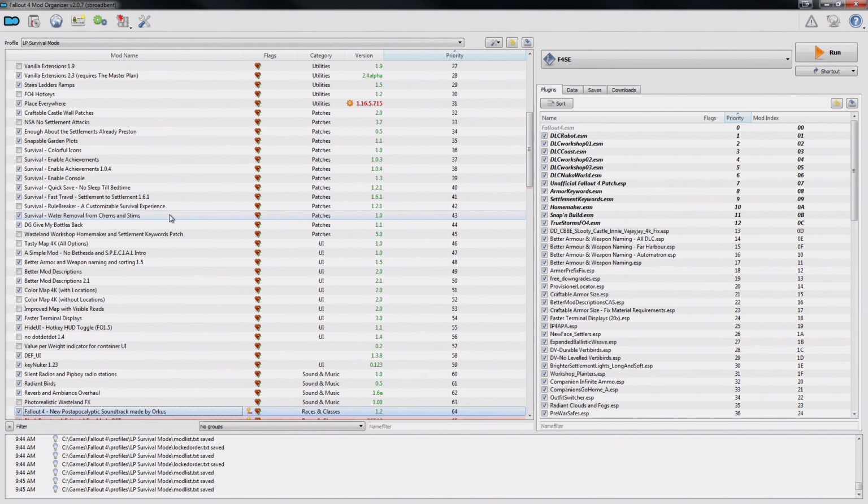Maybe it will be in the future. Maybe someone will create a needs-based mod. I won't have to use the survival version of Realistic Needs, essentially. Beyond that, I do have the mod Give My Bottles Back, which means that when you drink purified water, or